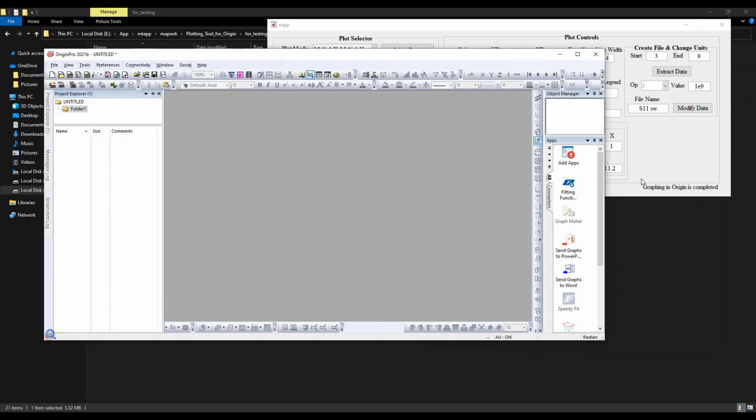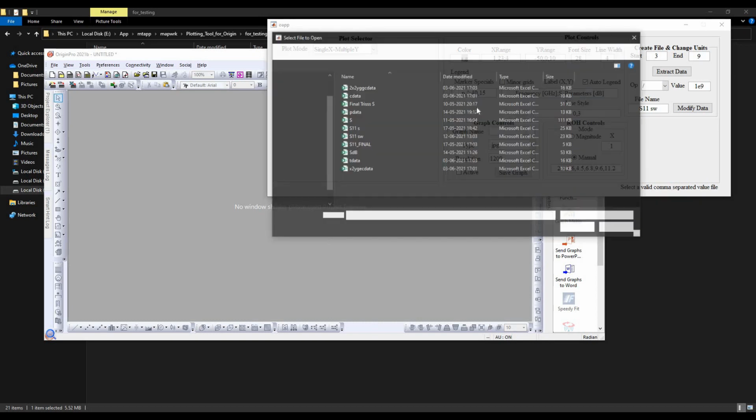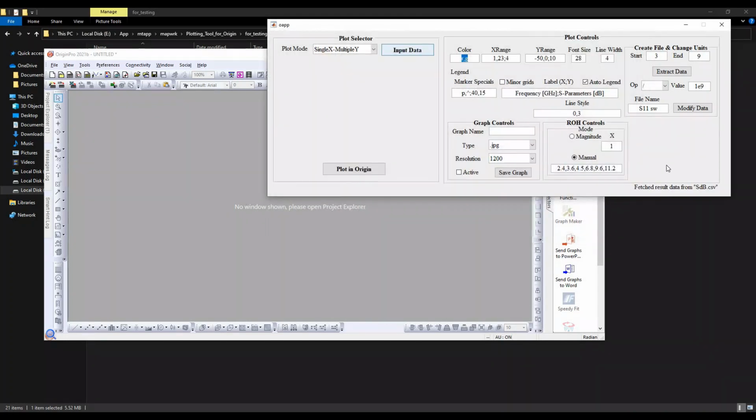I will simply delete these graphs. And we will now move on to another section. We will now see the basic prototype of the graphing. I will try to plot only the simulated S parameters of a MIMO antenna as dB, and I will go with the magnitude control, and the range of the data lies between 2 to 7 GHz.